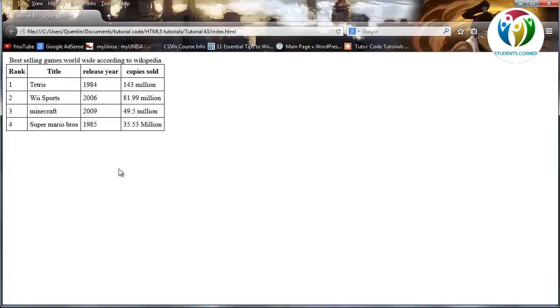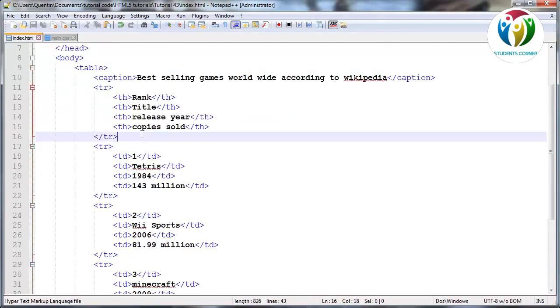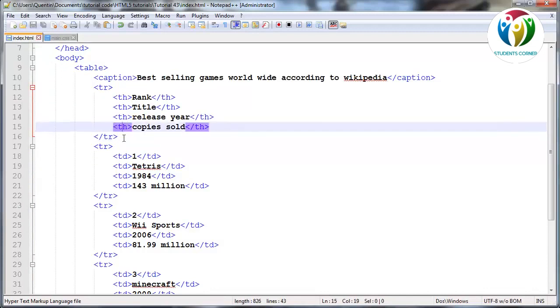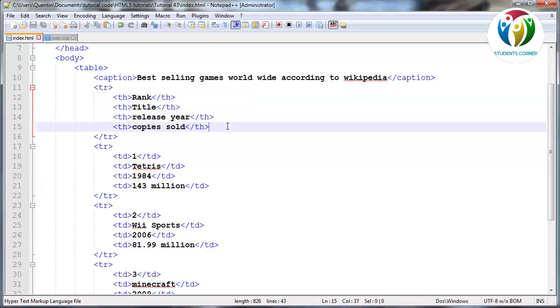But you know what, this table is actually still kind of bland, because there are a few more things that we can do to actually make this table a lot more readable. And the first thing we can actually do is, if we go back over to HTML, there are a few more tags that we can actually add to this table. Now the first one is the table header tag. So you might think, okay, TH stands for table header, but we can actually group all of these headers into one big table head